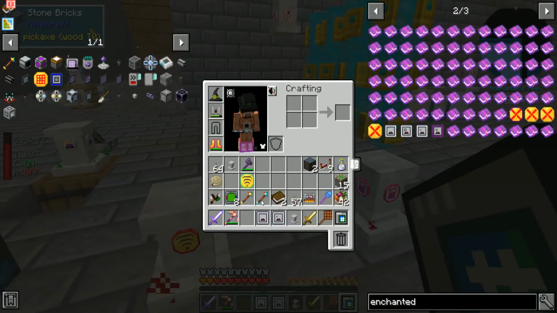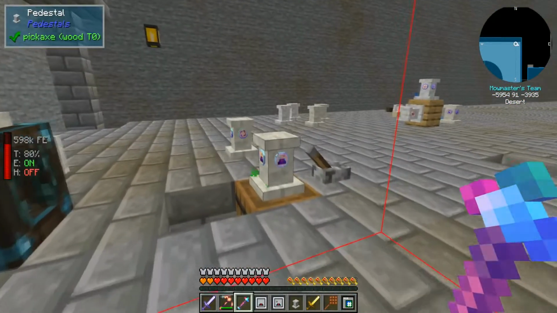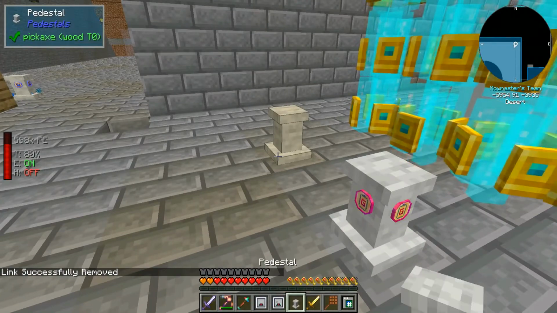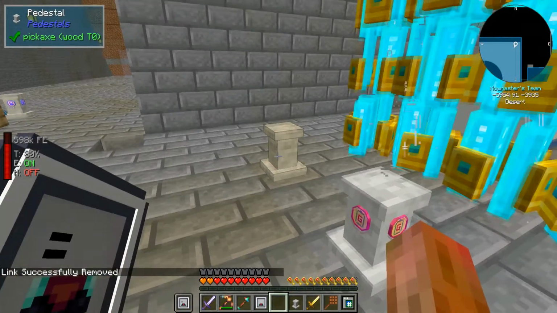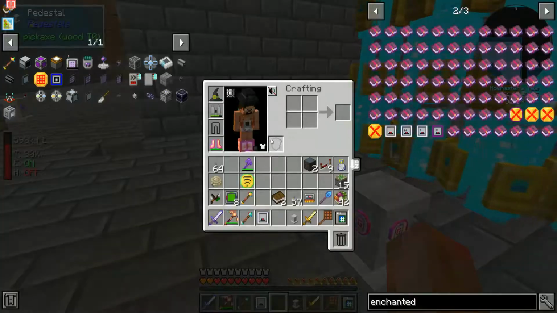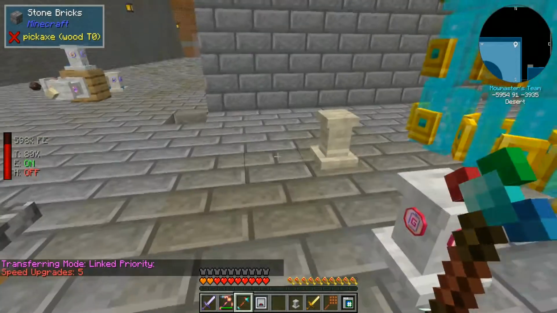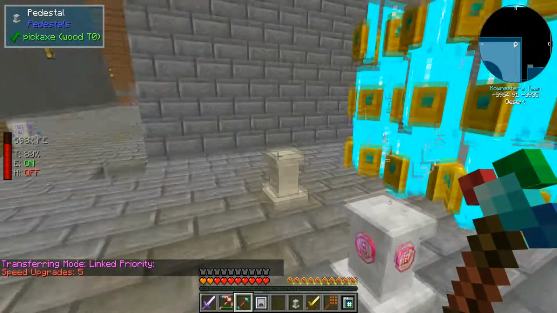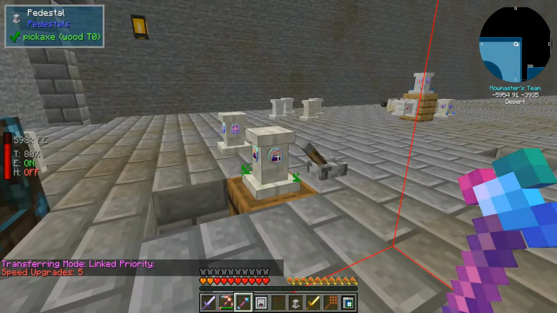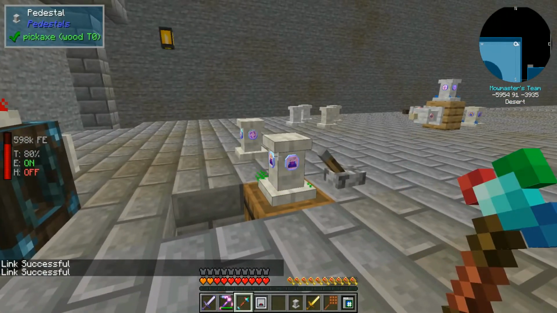So what I'm going to do instead, I'm going to unlink this real quick. Boom, like that. Okay. I'm going to put a pedestal here. We're going to put a filter on it, which is the filter that we just made for indestructible. And then we're going to do some linking priority here. So pedestals have two types of send modes, linked priority and round robin. Round robin requires the augment, but if I do link priority, I can link that first, link this second, and